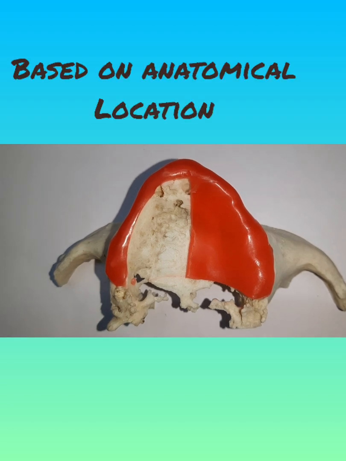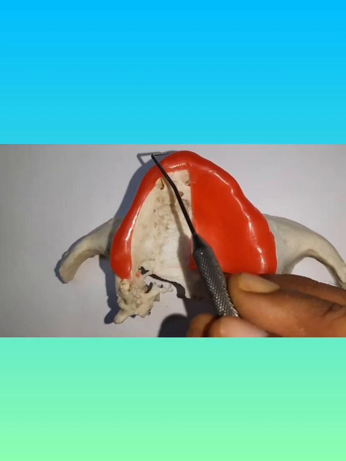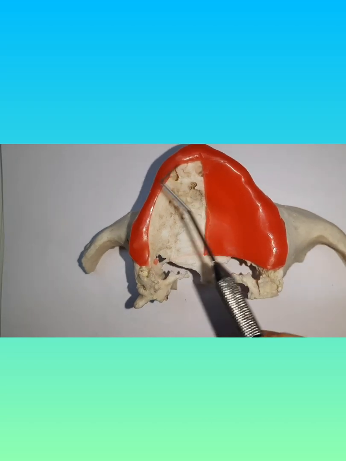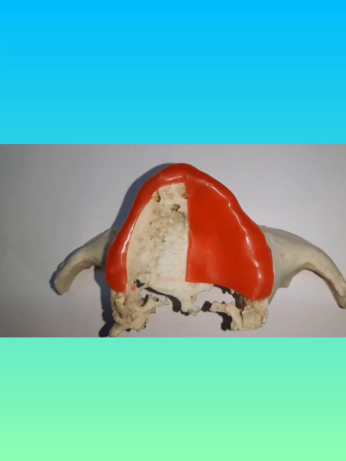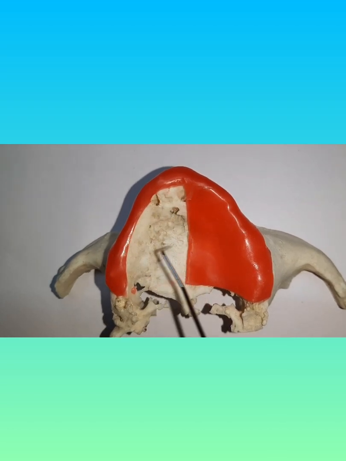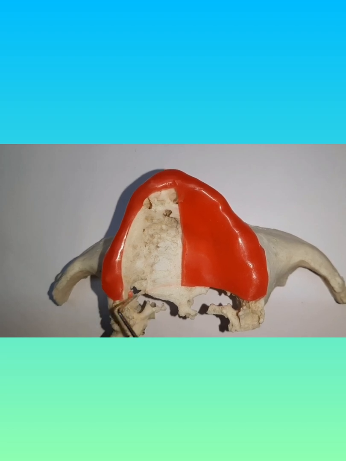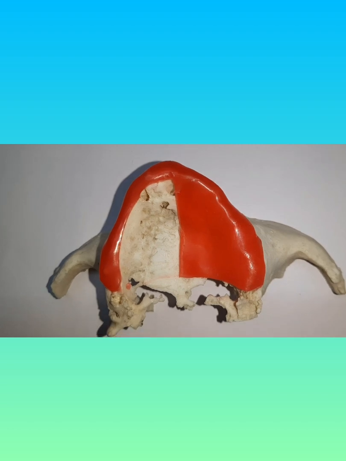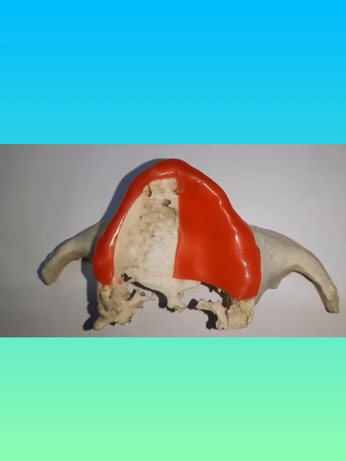You can have labial or buccal obturators, that is on this side. Then you can have alveolar obturators which involve the alveolus. You can have hard palate obturators which involve the hard palate, or you can have soft palate obturators which involve the soft palate. And you can also have pharyngeal obturators which close the open pharyngeal space.